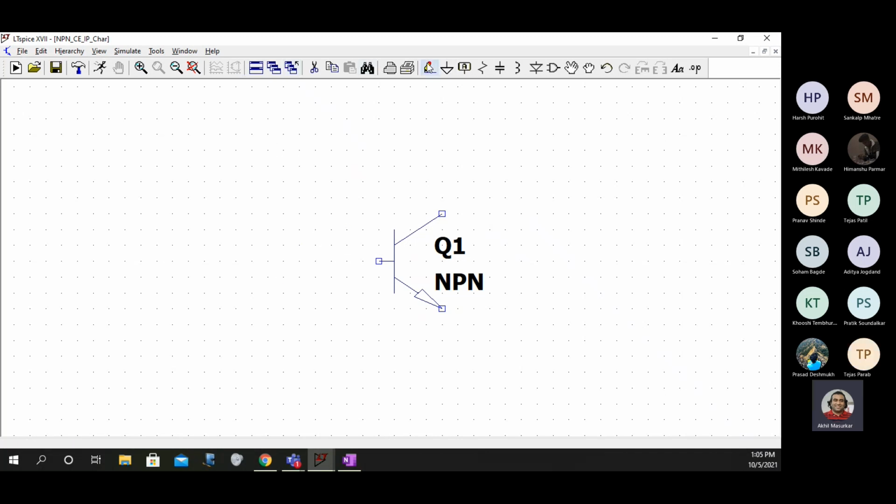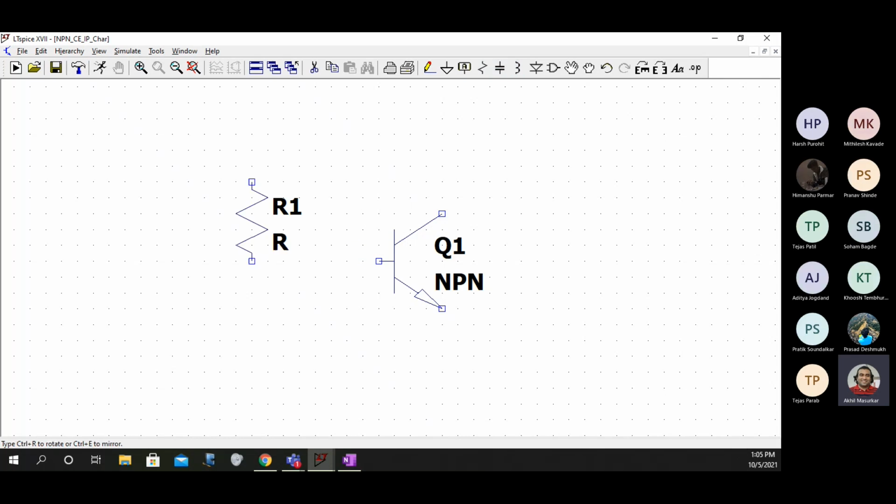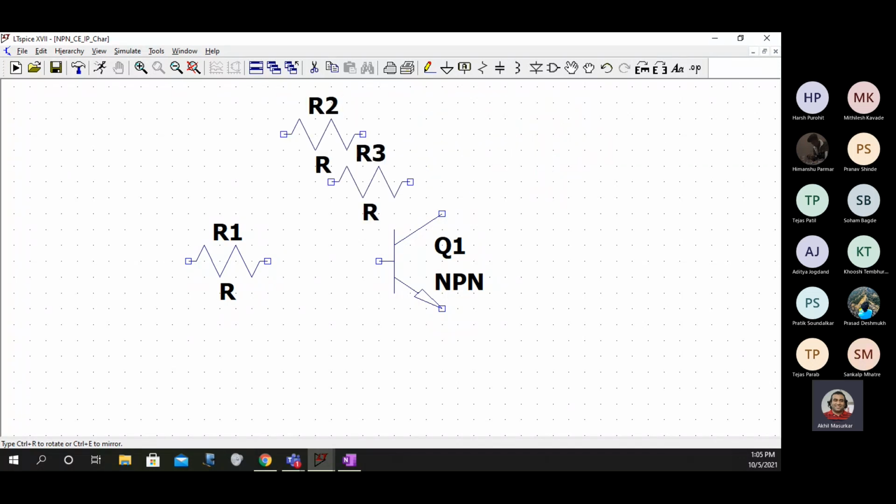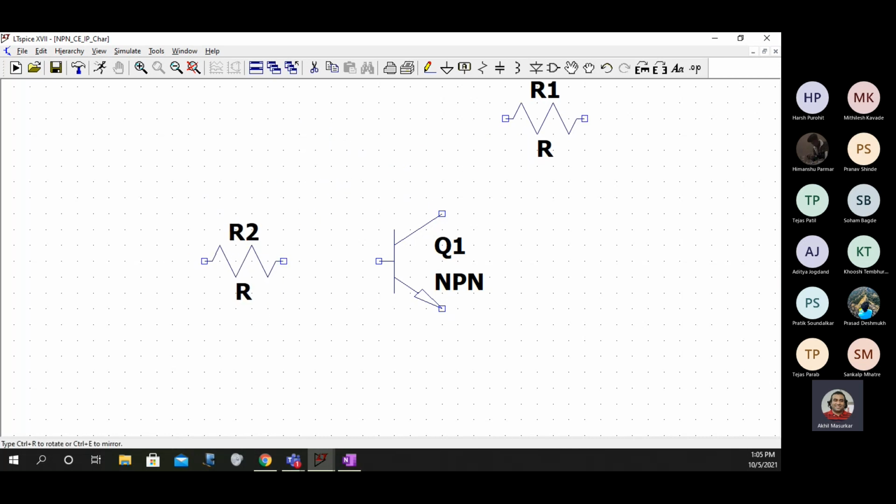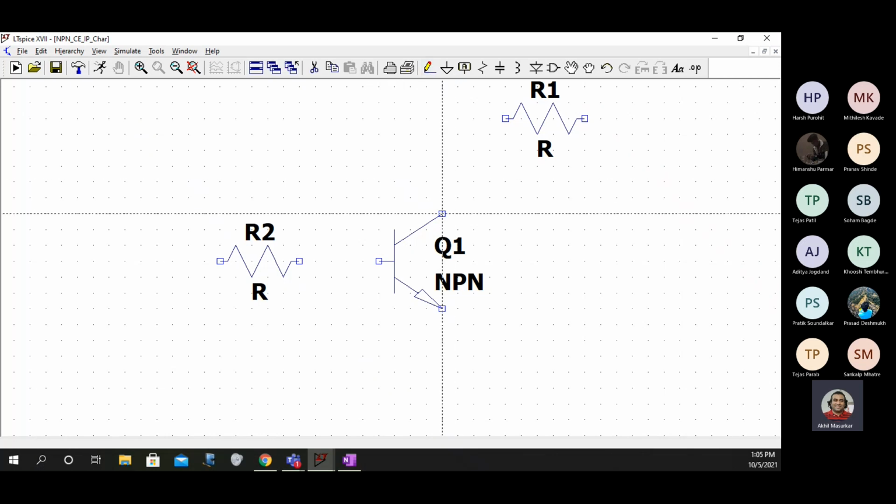Then we need to have 2 resistances. As you all know, the base current should be in microamperes and the collector current should be in milliamperes. So accordingly, to restrict the values, we have to use 2 resistances. Obviously you have to join them, so please join this in this fashion.